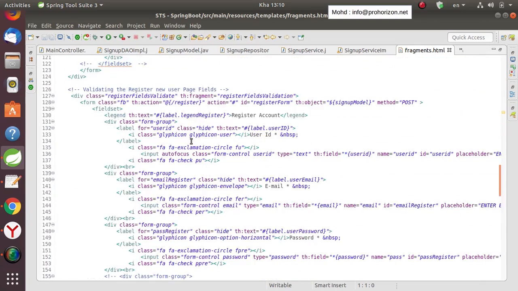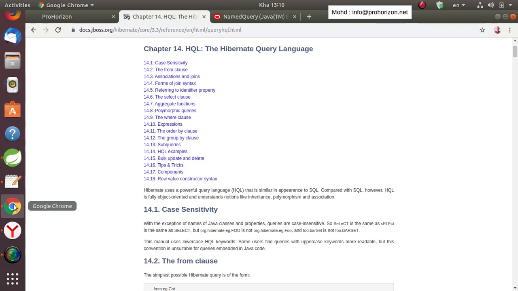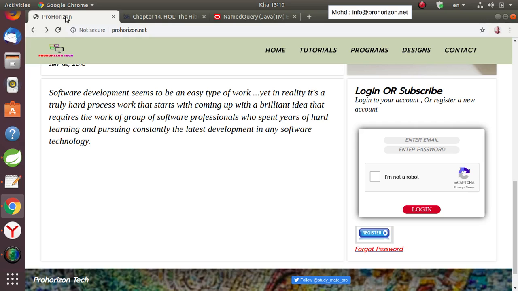This is the register fragment, and you can see it in the website. By the way, if you want to know more about the named queries, this is annotation. These are the references of the named queries. So for this website, if we want to see the register,